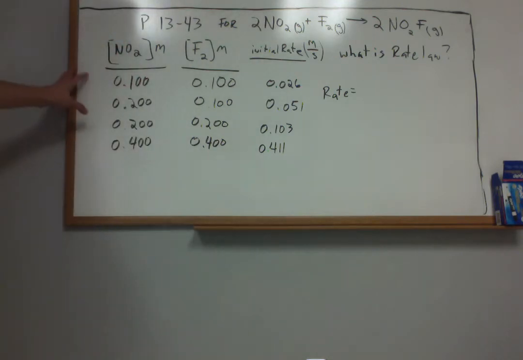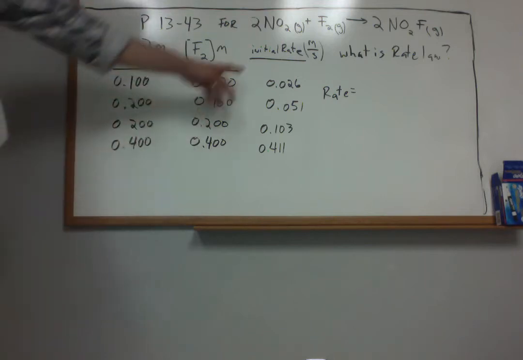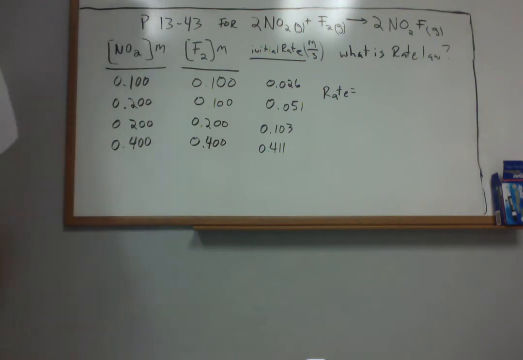We're given experimental data involving the initial molarities or concentrations of our reactant gases, and we're told what the initial rate is. This is an instantaneous initial rate in units of molar per second for the formation of our product. From this information, we want to define a rate law that allows us to describe the instantaneous rate under any series of concentrations. Of course, the trick to doing this is starting with the generic form of a rate law,